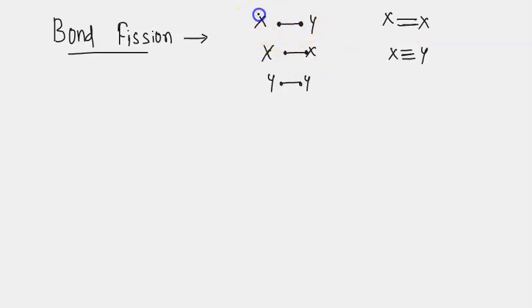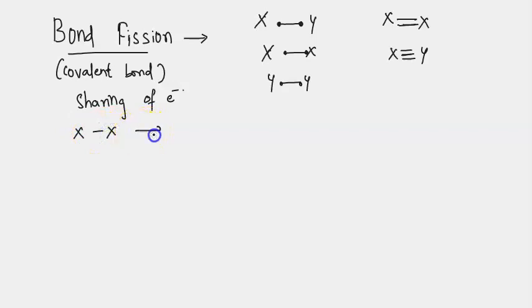Generally the bonds can be covalent or ionic. We shall discuss mainly the covalent bond in these bond fission types. A covalent bond, in brief, is formed by sharing of electrons. Sharing of electrons is possible between two elements which have the same electronegativity or very little difference in electronegativity. Such atoms can form a shared-electron covalent bond, resulting in a single,